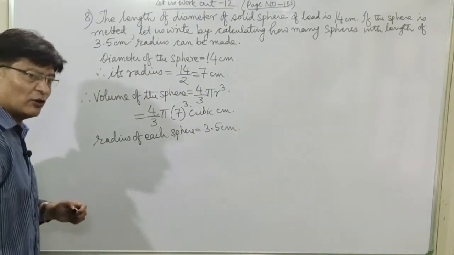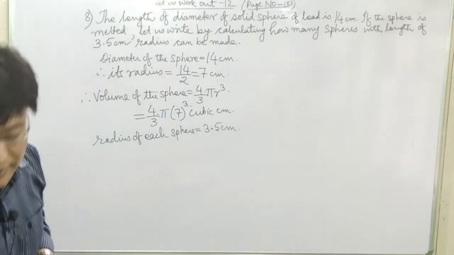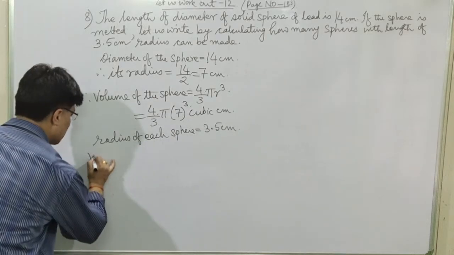So let us find out the volume of each sphere again. How many spheres भने बित्तिकै हामी के निकाल्नु पर्छ भोल्युम निकालिहाल्नु पर्छ।